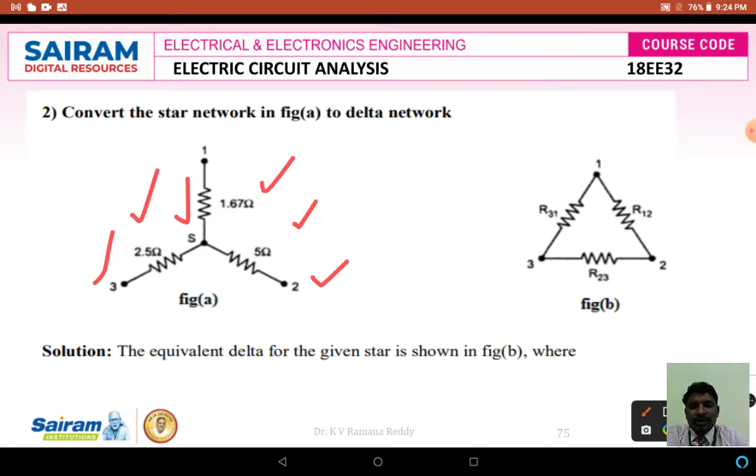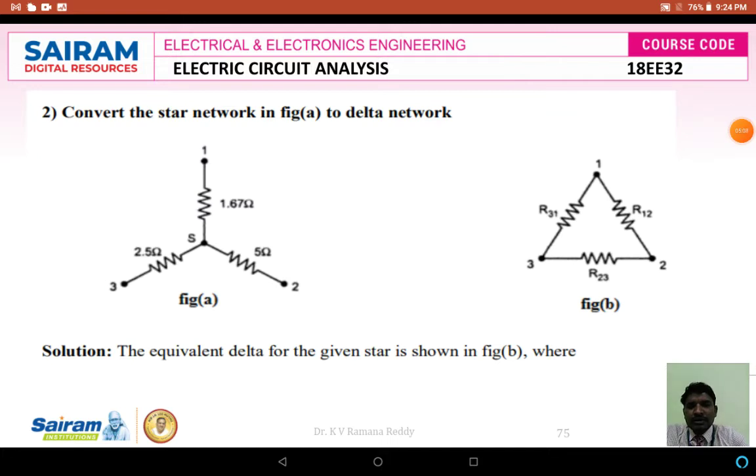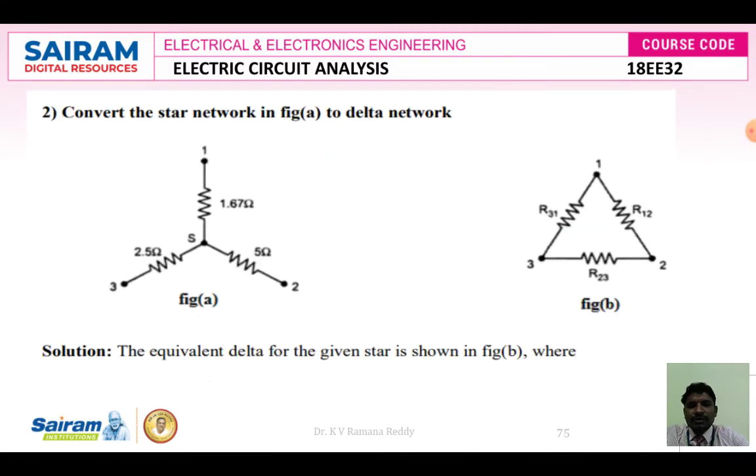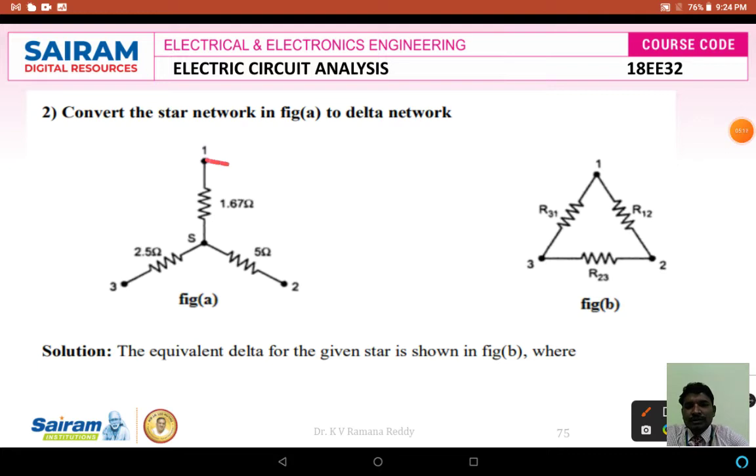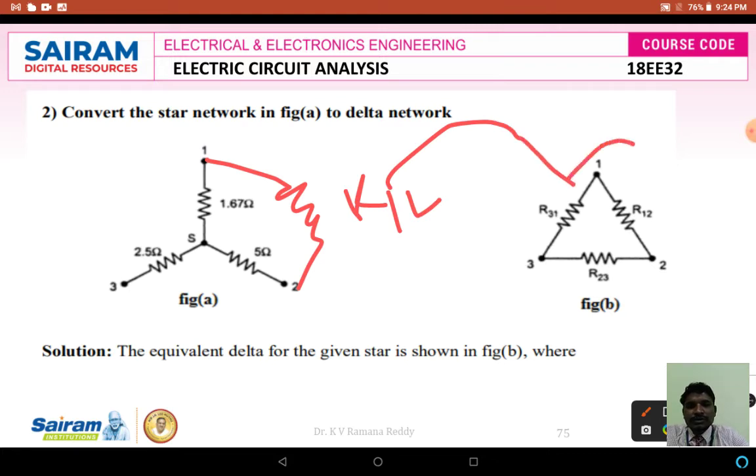Now I want to find the resistance offered between terminal 1 and terminal 2. This is terminal 1, and the resistor between terminal 1 and 2 is R12. So what is the value of R12 here? The value of R12 is the product of